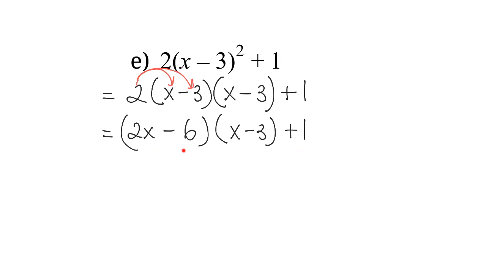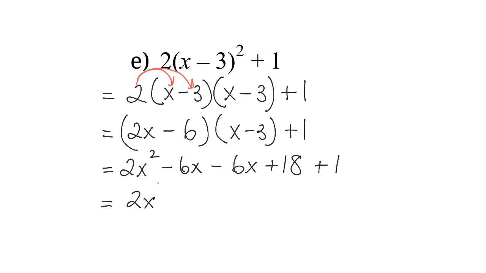And now I can go ahead and FOIL my 2 sets of brackets. If you perform the FOIL, then you would be left with 2x squared minus 6x minus 6x plus 18. And then you still have the plus 1 at the end, which you are going to recopy. Your final step then would be to collect like terms. And so your final answer would be 2x squared minus 12x plus 18 plus 1, and your plus 18 and